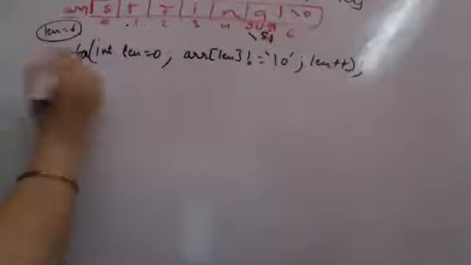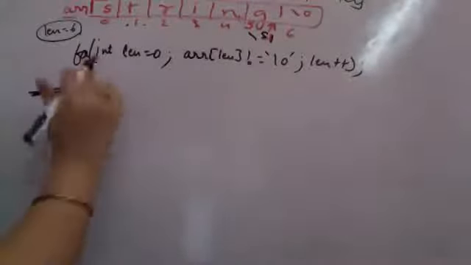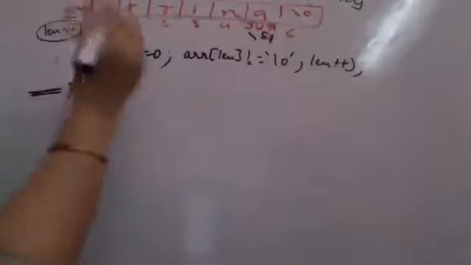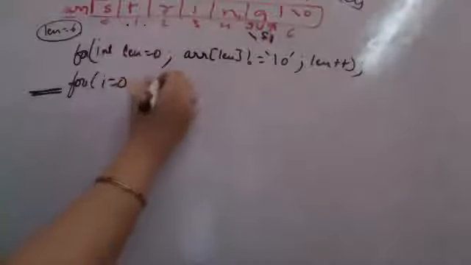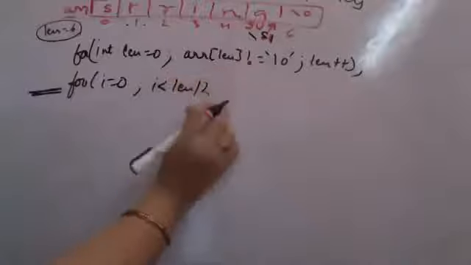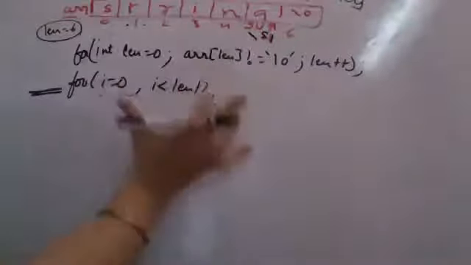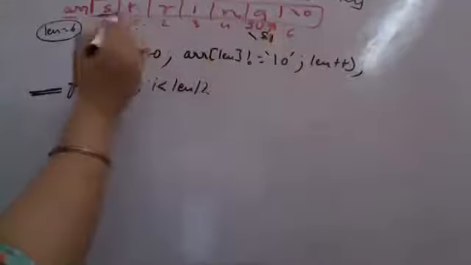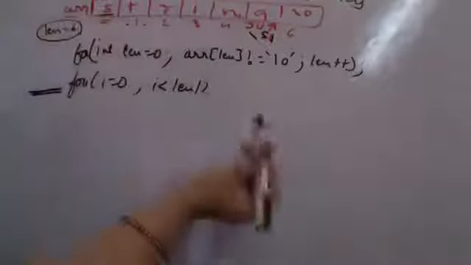Now I am running my for loop which does the reversal. This is the reversal loop. For I, I am pointing S at the initial location. I just have to make sure that I is less than length by 2. I am running the loop for half the number of iterations of the entire size of my array because I will be exchanging the first and the last element, the second and the second last element, the third and the third last element, and so on.